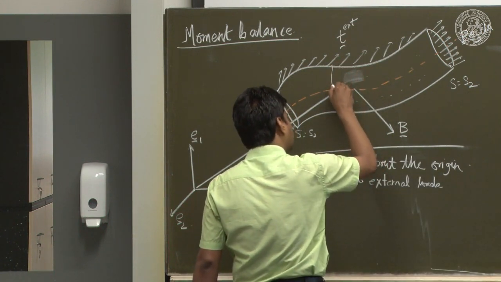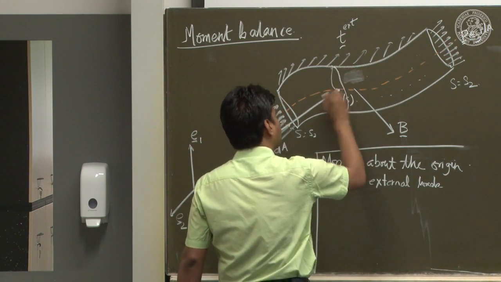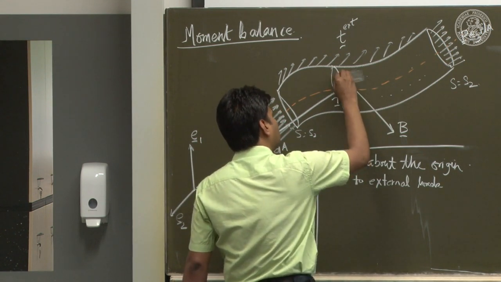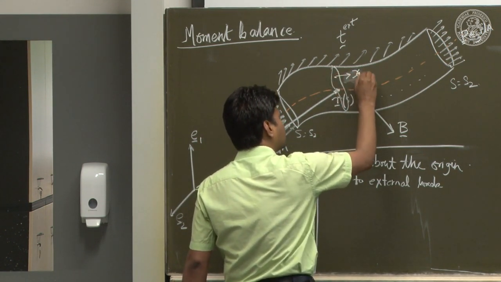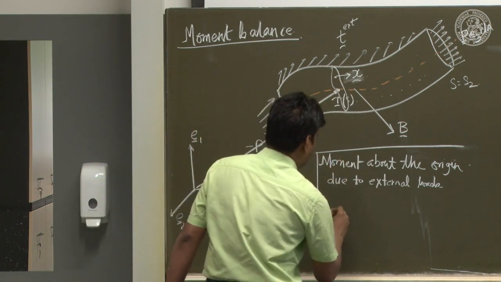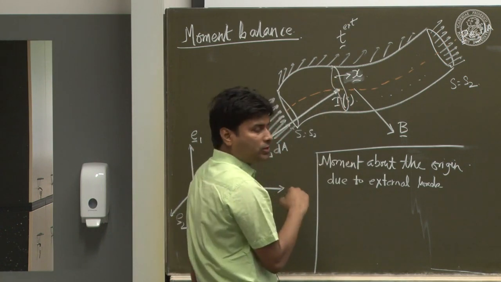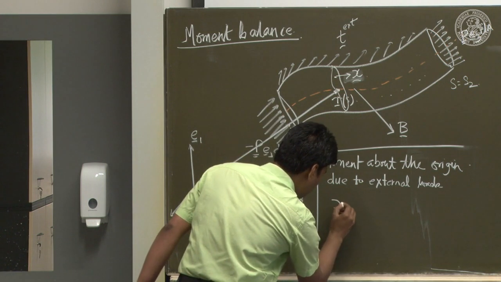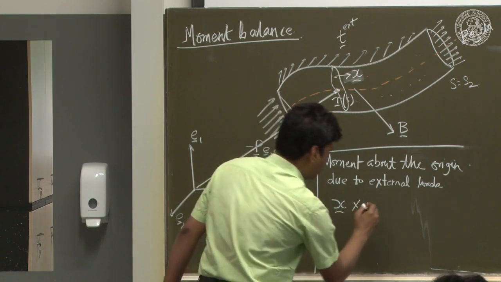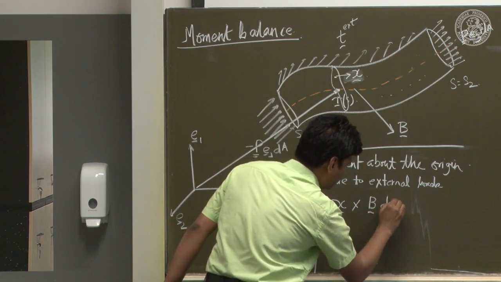So here is your cross section, and a point on the cross section we denote by little x. So the body force that acts on this point will generate a moment of x cross B dV,